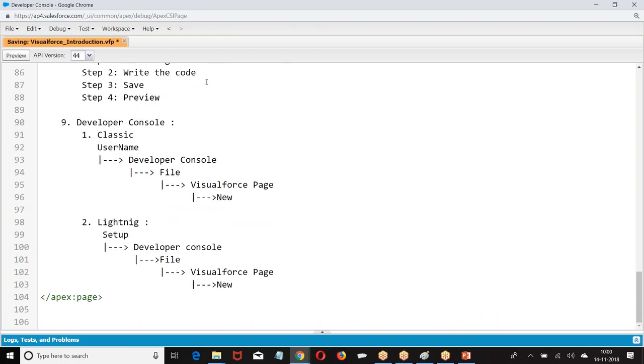Right. Next, we'll try to understand creation of page using URL.